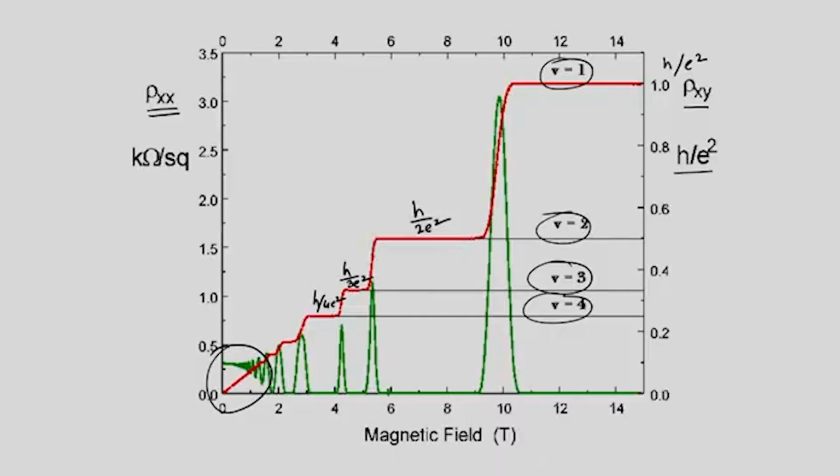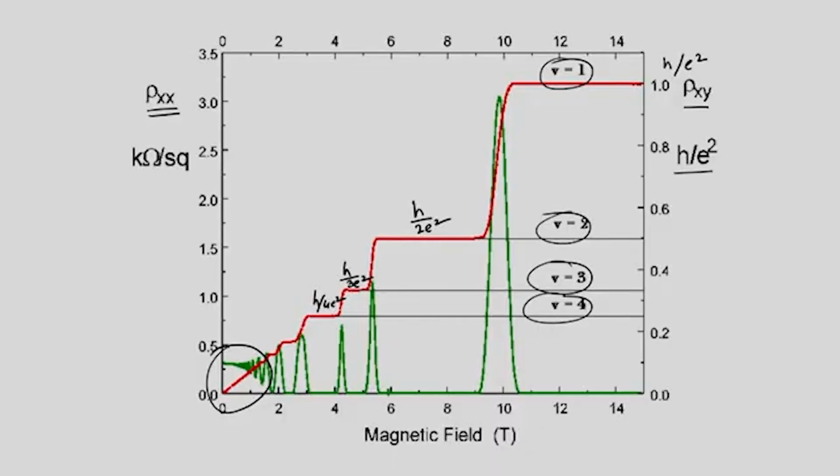So, let me connect with the discussion that we were having last time, the previous discussion about the quantization of the Hall plateaus. This is the effect that we have seen, the quantum Hall effect or the quantized plateaus which it is famous for. We have to understand the origin of these plateaus and how they are so robust to disorder and impurities as they are, and also we have to understand these green plots which represent the rho XX or the magnetoresistance or